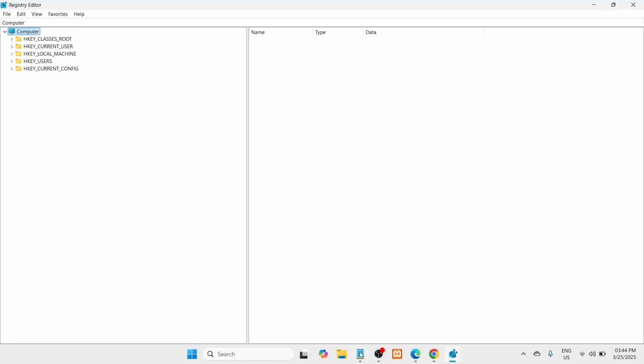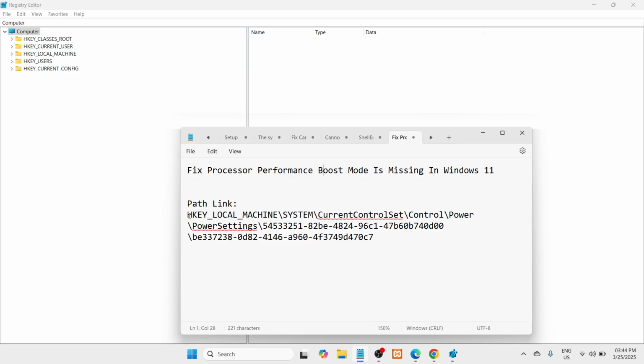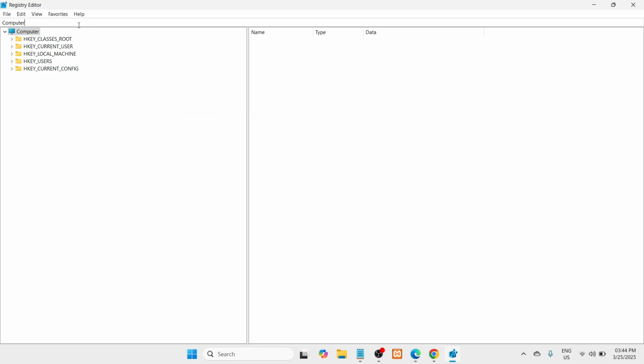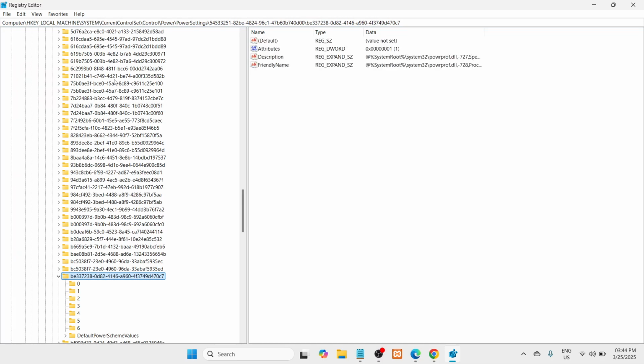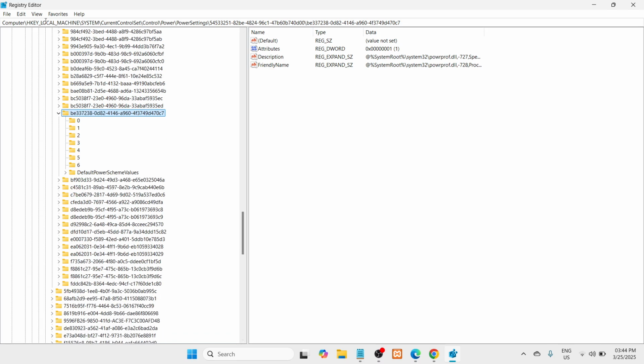registry editor window. Here you need to copy a path link which I'll be including in the description box below. So copy it and paste it here at the address bar. Control V, click on enter. And in case the enter key is not working for you, you just have to follow the path here. Okay? So once you are here at this certain key that we are looking for, you just have to